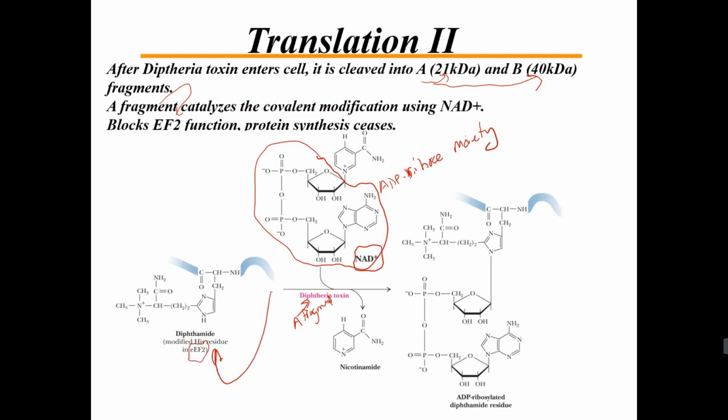And this modified residue found in EF2 is a histidine that is post-translationally modified